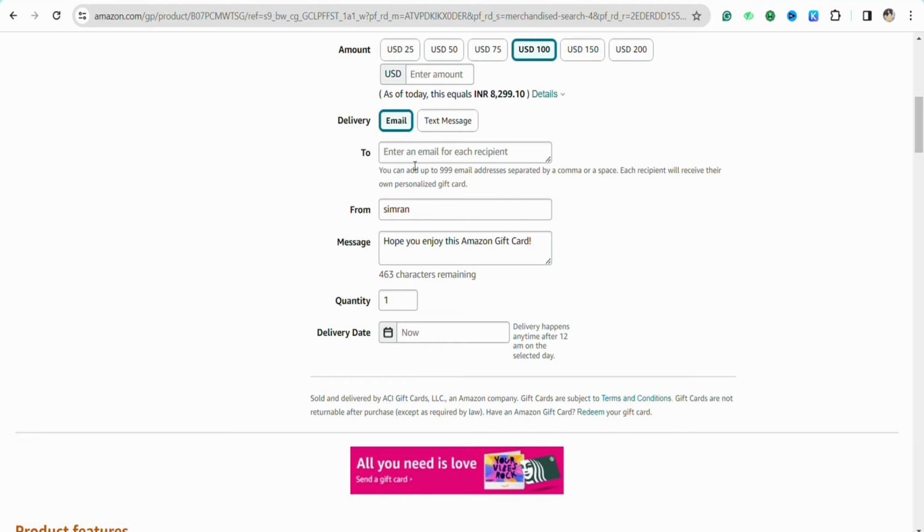And after that just go ahead and enter the email address on which you want to get your Amazon gift card, and here you can also enter the email address of the person you want to send the gift card, for example your friends or family. And after that just mention the name of the person to whom you're sending the gift card, and you can also write a personalized message for them if you want to,